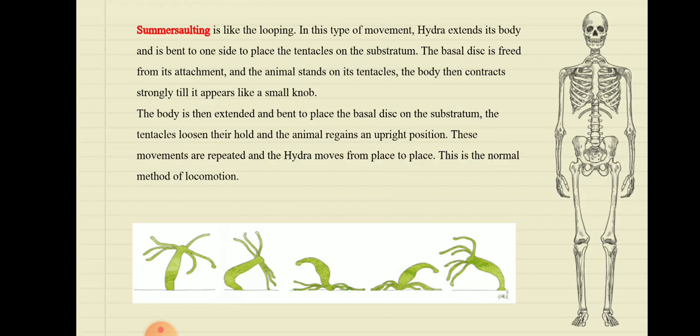Now tentacles are hair-like structures which are present at the top. In the diagram you can see that at the top of the Hydra there are hair-like structures. These help it to hold the substratum. Substratum is the plain surface where it has been growing. So it bends down on the substratum and holds it with the tentacles. It gets attached to the surface with the help of it, and then it stands erect. This is how it repeatedly does the same movement and moves forward.